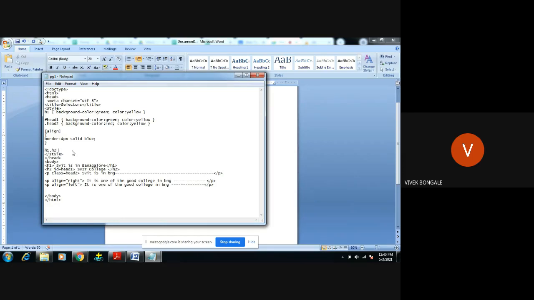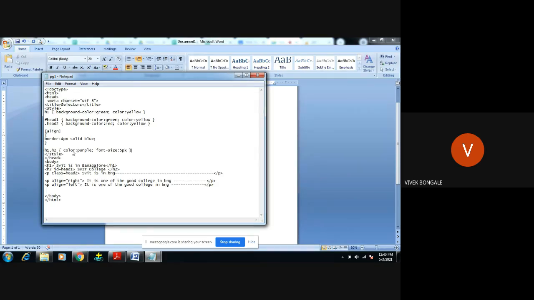So I will now add the properties. I want color to be purple, then font size, I will give font size should be like 5 pixels.